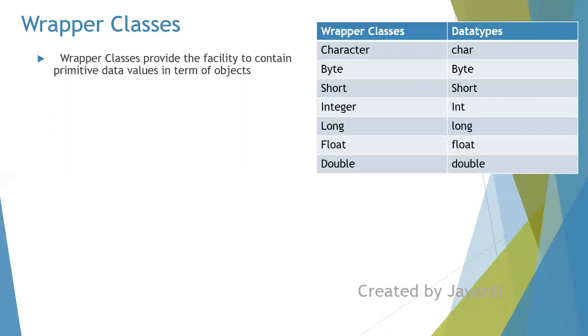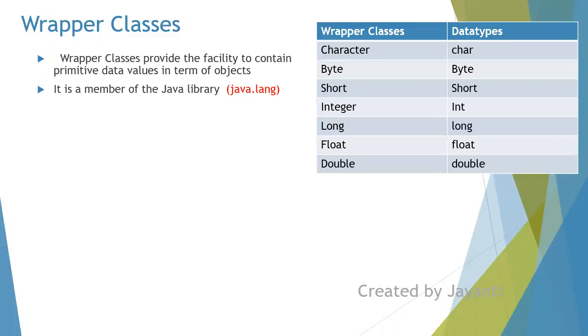That means you can convert, for example, integer to string, and string to integer. These things can be converted only by using a wrapper class. So you should understand why we need objects, what is the need to do all this. For conversion of string to integer and integer to string, you don't have any other mechanism. So by using objects we can do that, and for that we need the wrapper class.